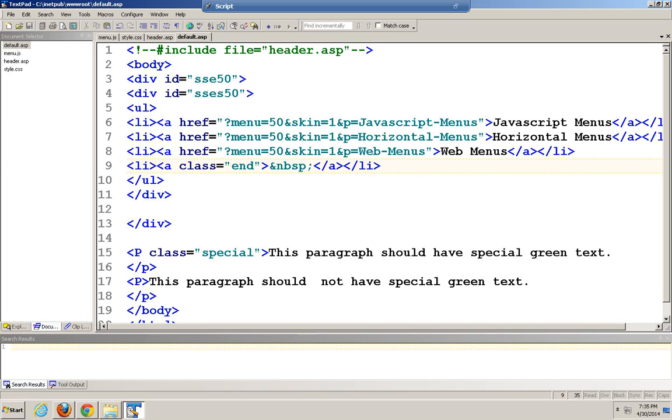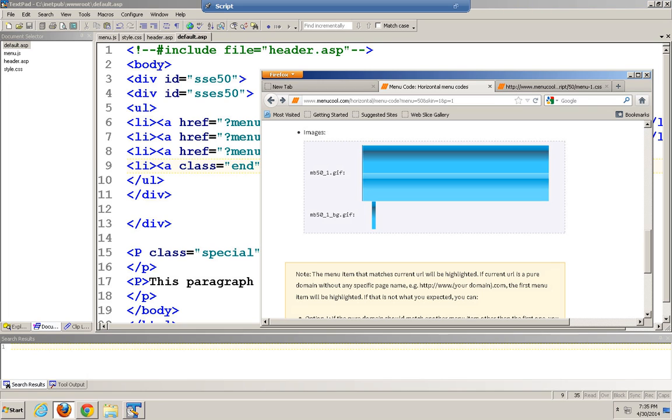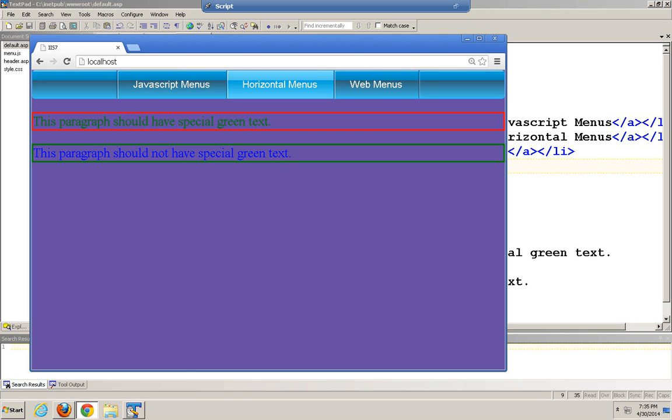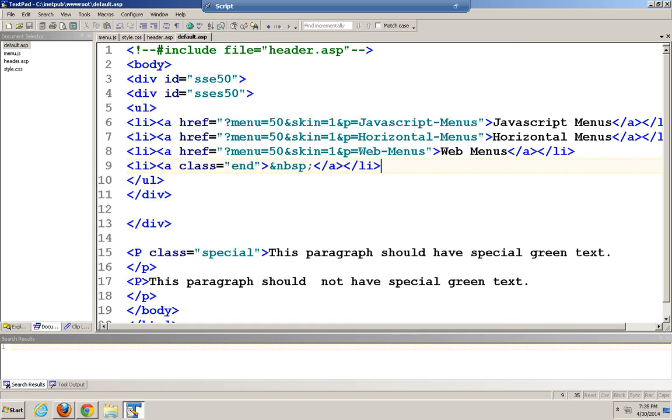So we have right here, notice we have these 4 areas. But you only see 3 going on here, right? Why is that? It's because this one has an identifier called class end. So it's saying, I'm ending my string of lists. Now you don't have to have that, but the reason it has it out there is so it gives you that extra